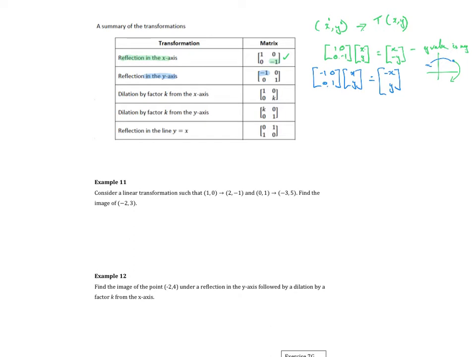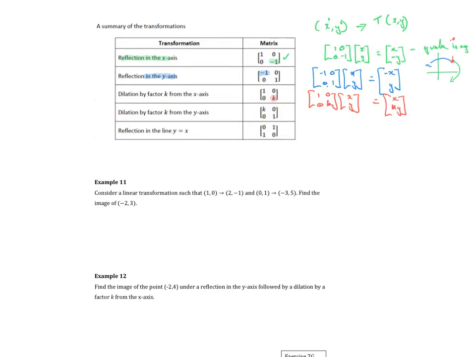Similarly, if I multiply by a factor, if I have 1, 0, 0, k times x and y, what do I end up with? 1 times x plus 0 times y is just x. 0 times x plus k times y is ky. So my y value got affected. So if the y value gets multiplied by k, it goes from there and it stretches up 2 times, 3 times, k times. So with a k value here,